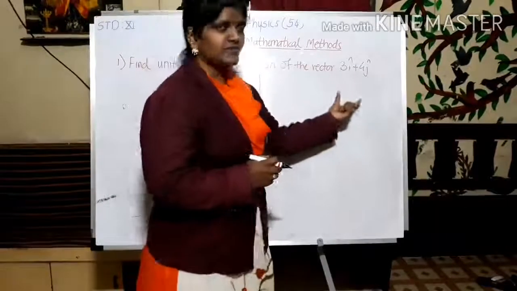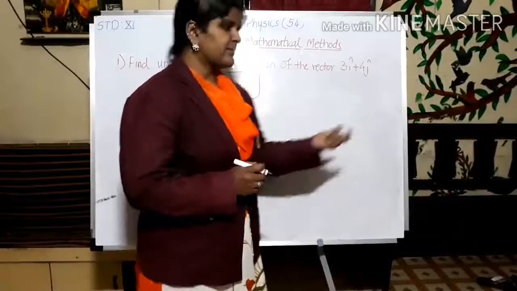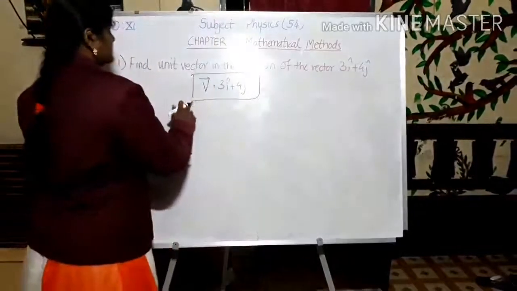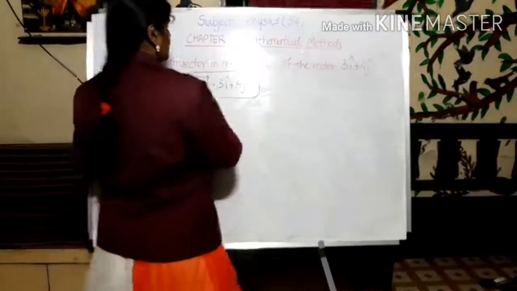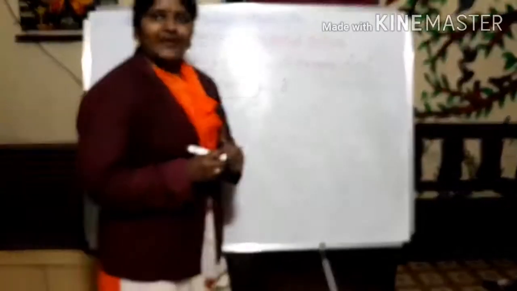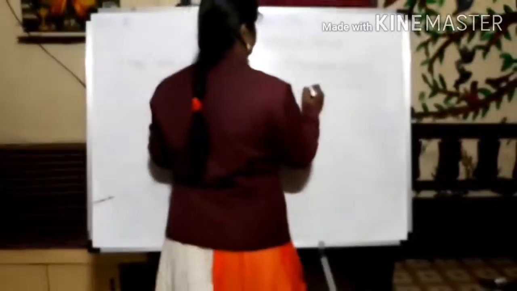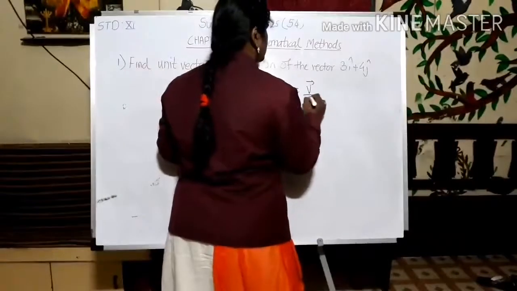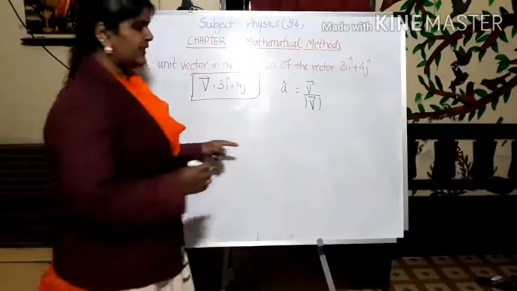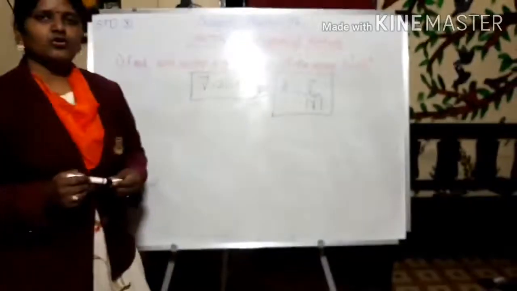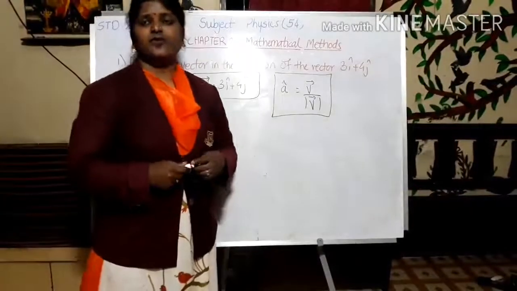This is splitting of the vectors as we have discussed earlier. Right? So I have considered this as v bar. Now, what will be the unit vector of v bar? Suppose we consider the unit vector as a cap. It is given by a cap, and a cap is nothing but v bar divided by mod of v. This is nothing but the formula to find the unit vector: v bar divided by mod of v. Now, how to find the mod of v bar?